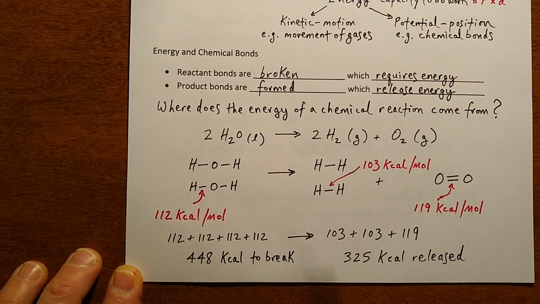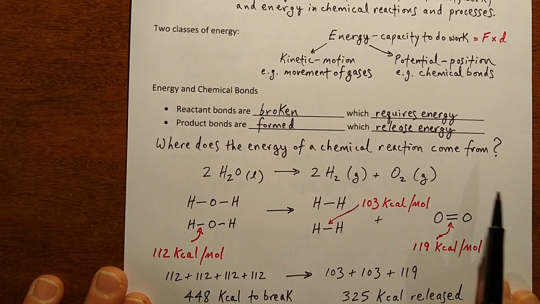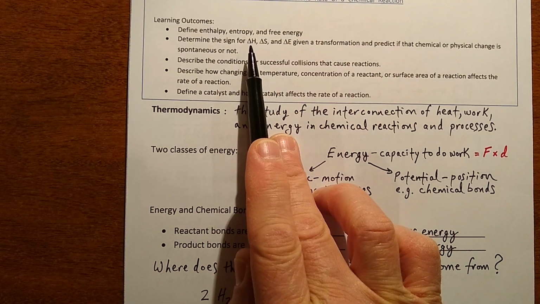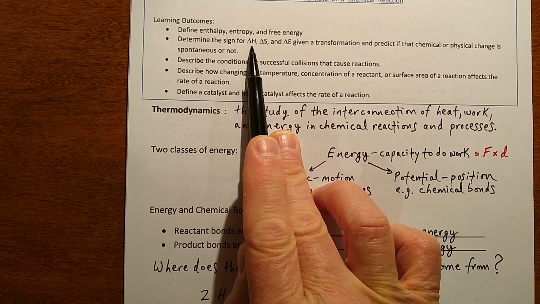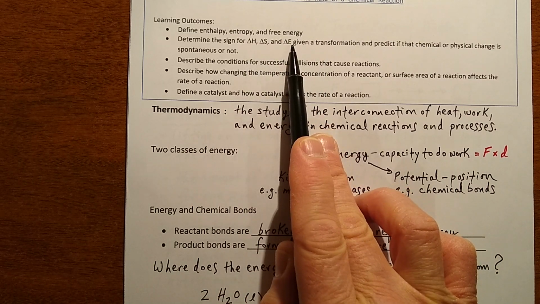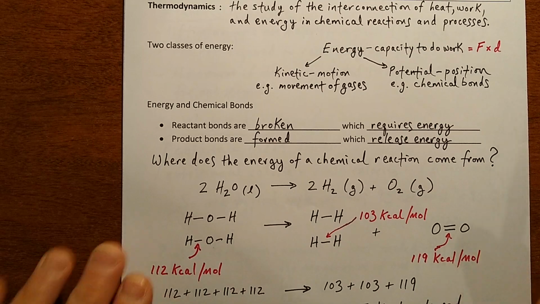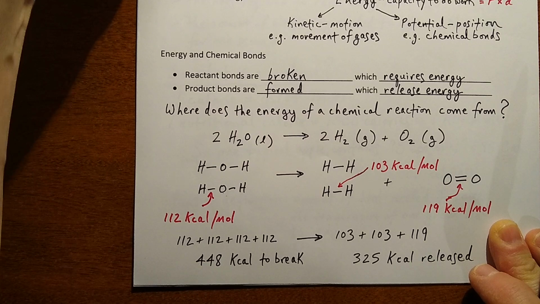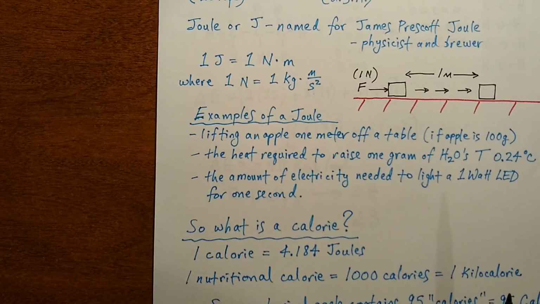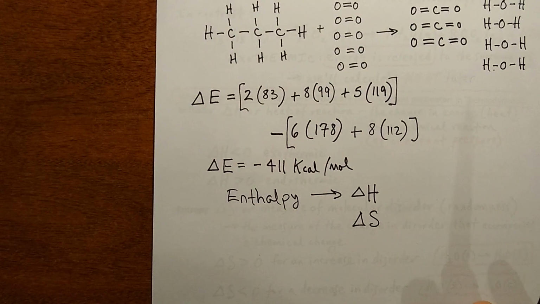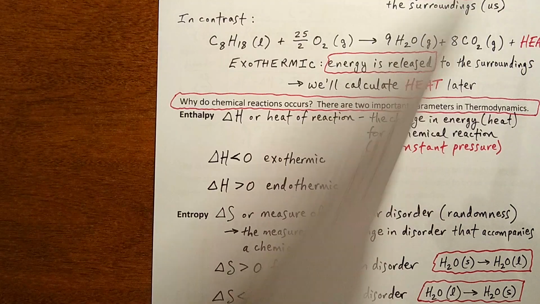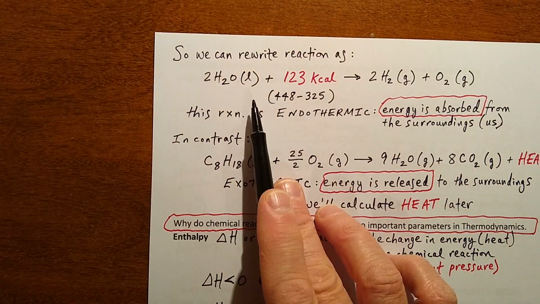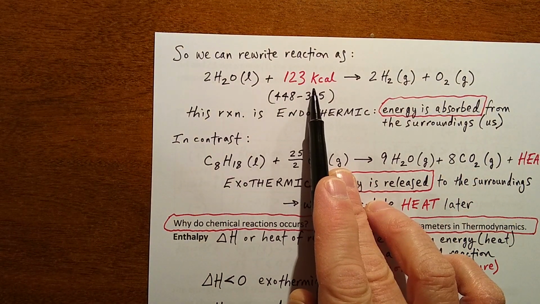So the difference in those energies is the energy change of this reaction. And later on you'll see that we'll call that the change in the enthalpy. Right now, just think of it as the change in energy of the reaction. Are we giving up energy or are we consuming energy? On this next page, actually I want to go to that later. I just want to finish up this problem here. So if we look at this reaction again, that 123 kilocalories that I just calculated would be on